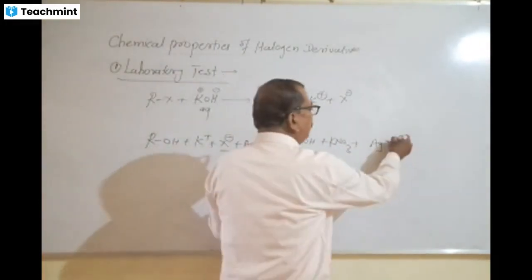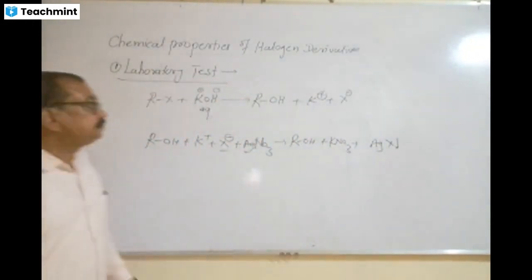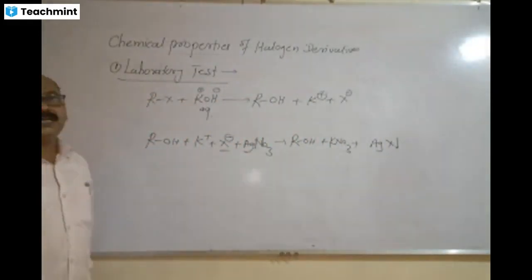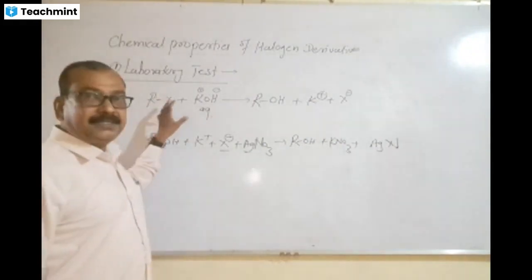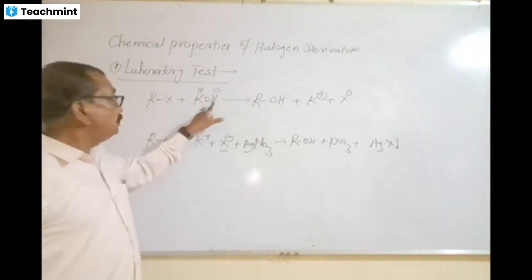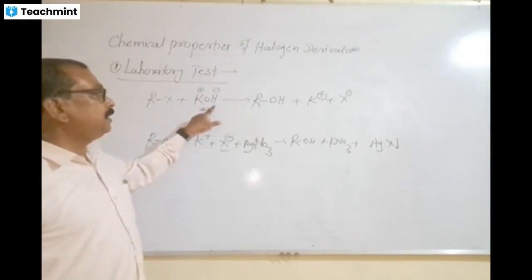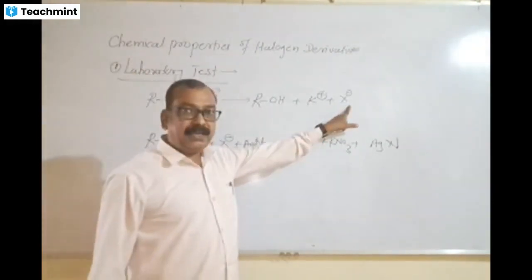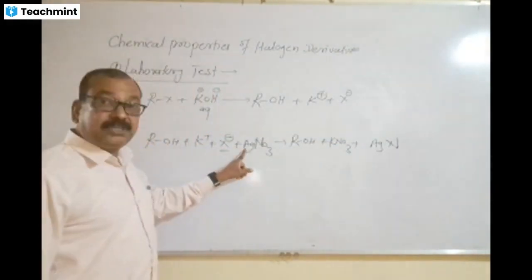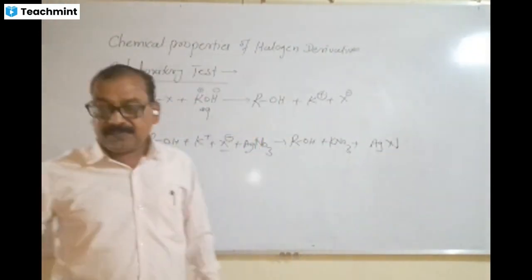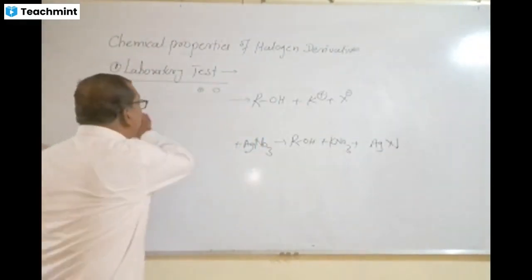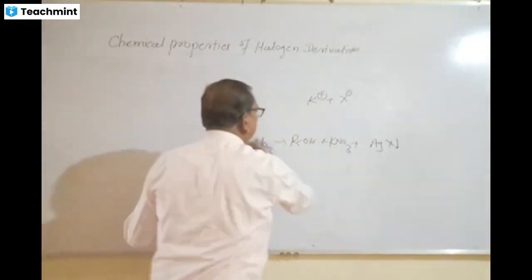Then insoluble silver halides are formed. This test is known as the laboratory test. In the laboratory test, the alkyl halide reacts with the OH minus ion to form halide ion, and then this halide ion combines with silver to form an insoluble compound, that is silver halide. The next important chemical property, important one,